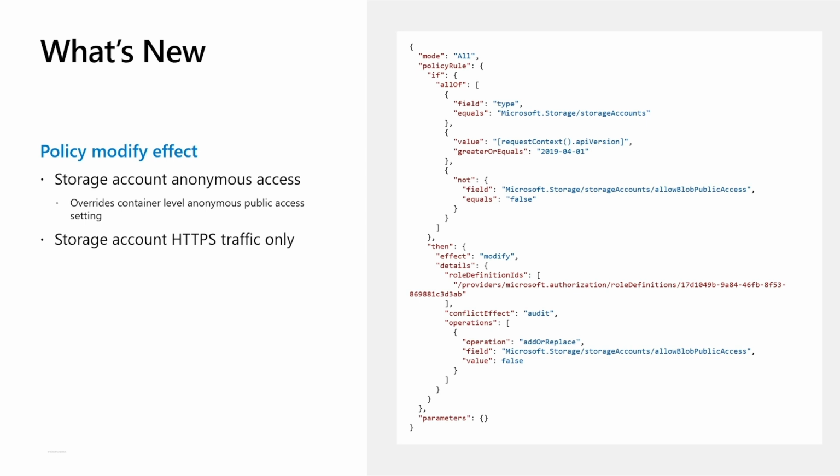We have worked with the storage teams to bring the public anonymous access setting to governance, which has been a known risk for some time. Once you set this property on the storage account, it overrides the value on the containers level, regardless of what is set there. And then using policy, you can now automatically set this property at scale across all the storage accounts in your environment. This is how you can get the assurance that nothing is exposed in an unintended or accidental fashion within your cloud environment.